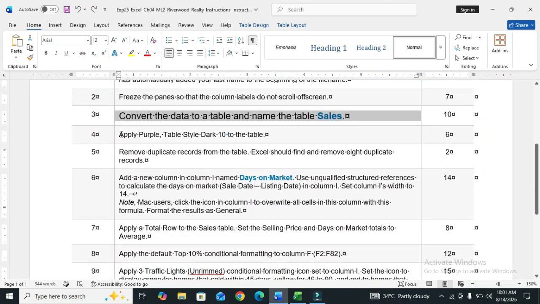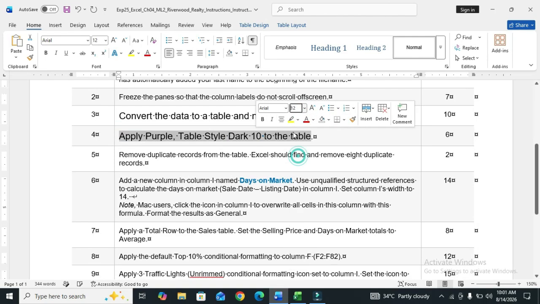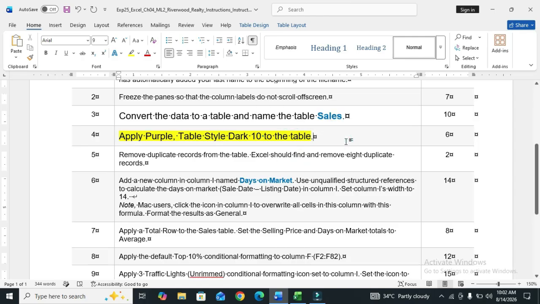Step number 4 is: apply the Purple Table Style Dark 10 to the table.